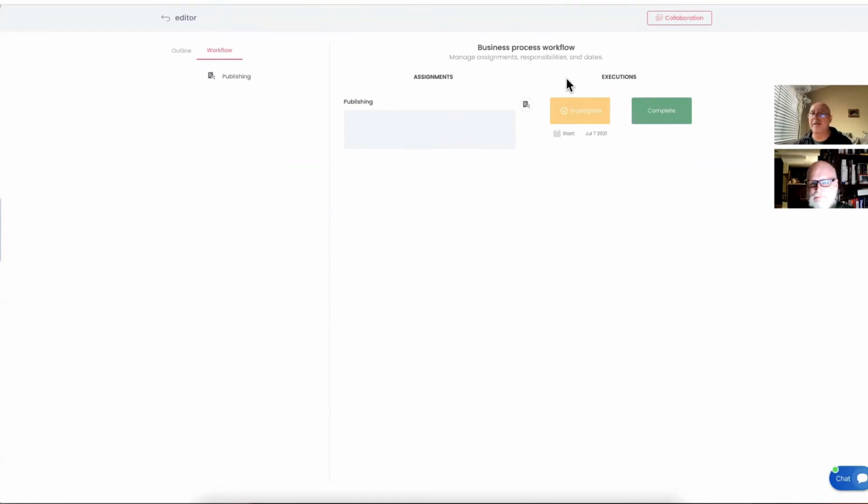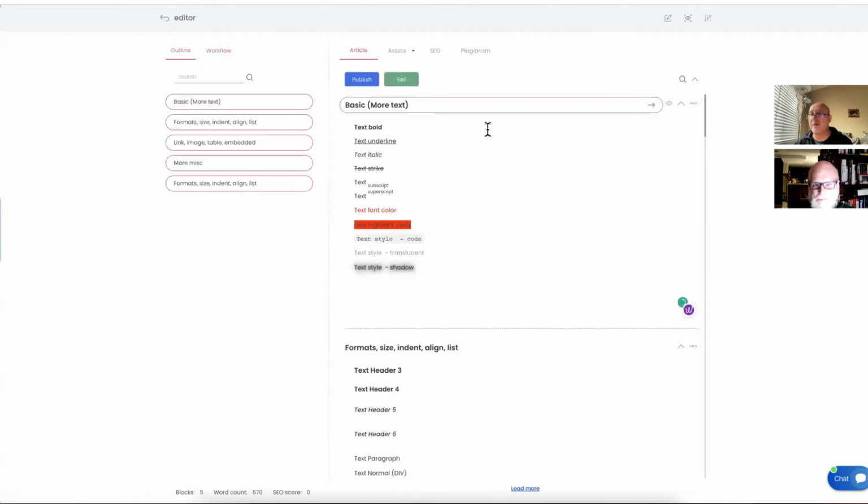Right now it's in progress because I already started working on it. If I didn't start yet and it's my turn to do the work, it will say start. When I click start, the complete button will show up and the in-progress status will begin, so we start capturing when the job is started. If I click complete now, my access to the article itself will be lost.